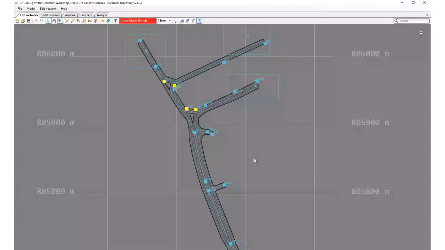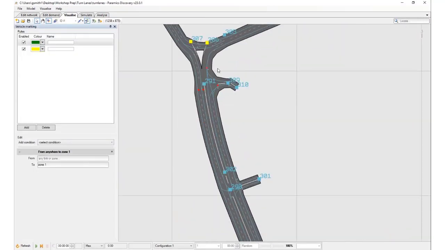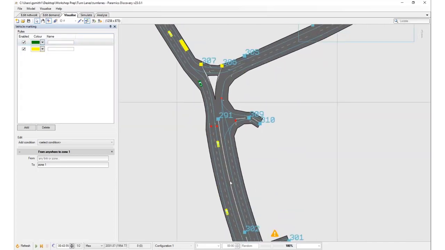There's one final thing that I'm going to show you, which I'm going to show you in this model. If I go to the Visualize tab, I've set up vehicle marking so that vehicles coming north along here and turning right at this junction are coloured in yellow, and vehicles heading northbound up here are coloured in green. If I play it and watch the behaviour around this node,